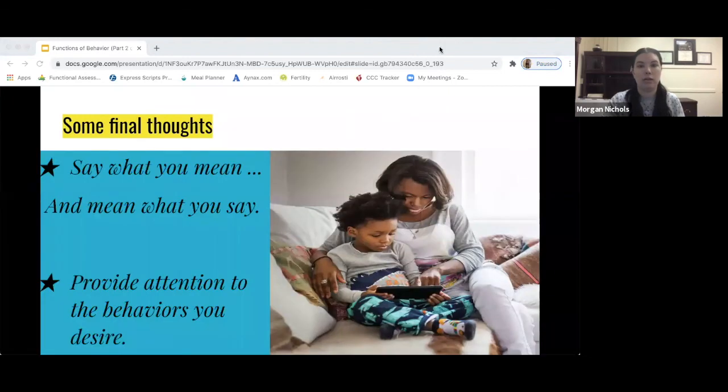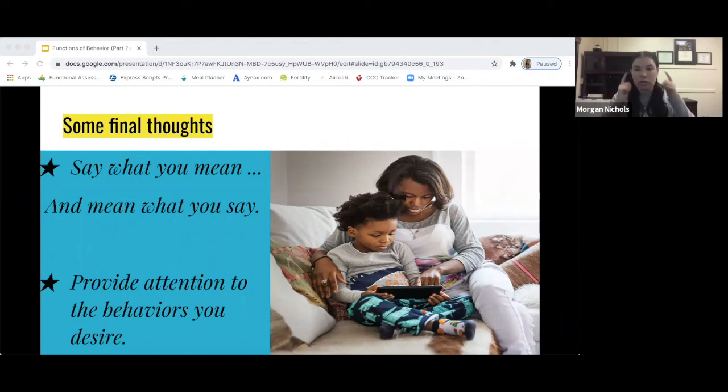All right. So the last point I really want to make is say what you mean and mean what you say. And so please don't make promises that you can't keep. Make sure you follow through on consequences. Otherwise, you're undermining your authority, right? So what that might look like is, if the kid had a very bad day today, then we're not going to take away something that they earned tomorrow or the next day necessarily, because today they're going to get their consequence,